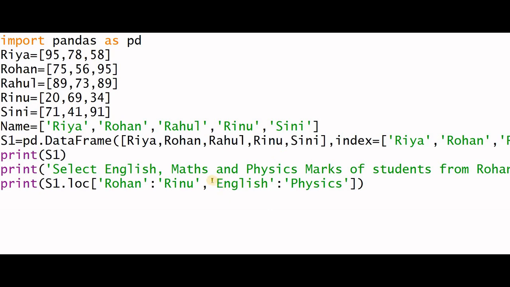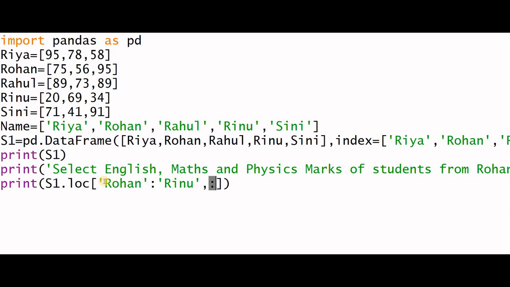Since we are displaying all the columns, instead of writing English, Physics, you can write colon. That means from the starting up to the end. So if we are not giving the column labels and giving only the colon, that means starting index to last index of column.